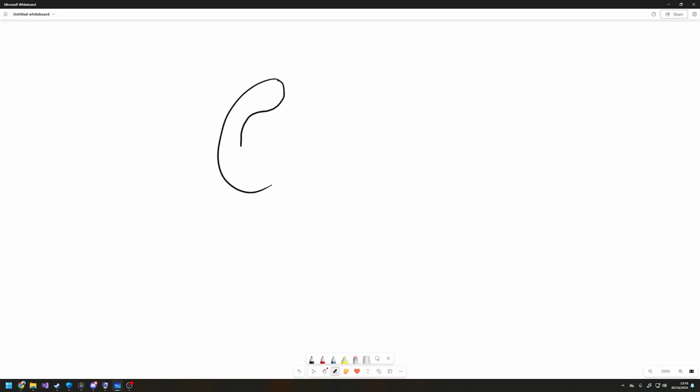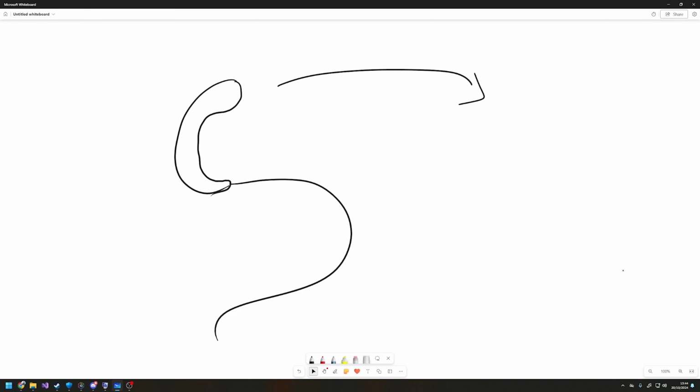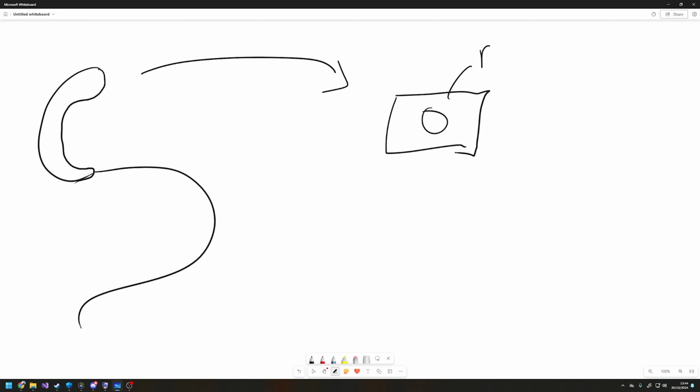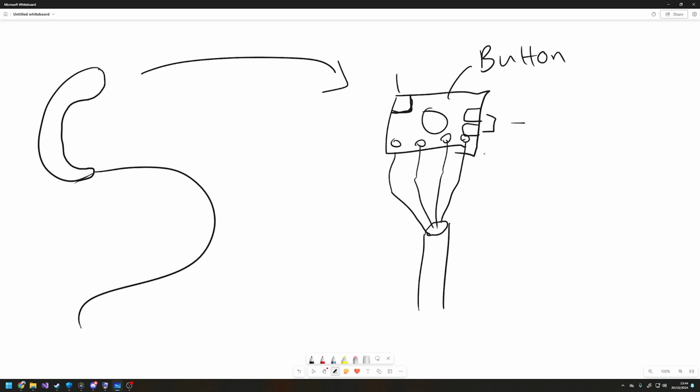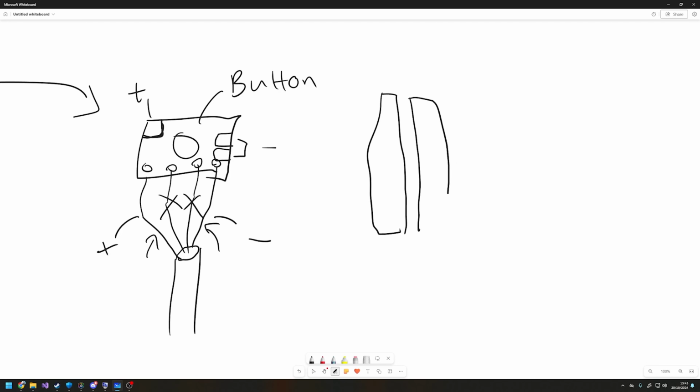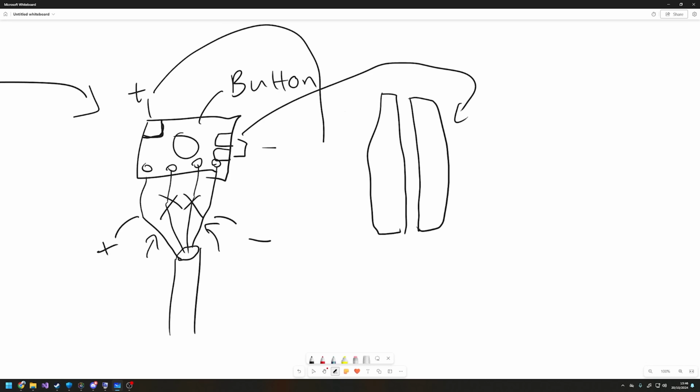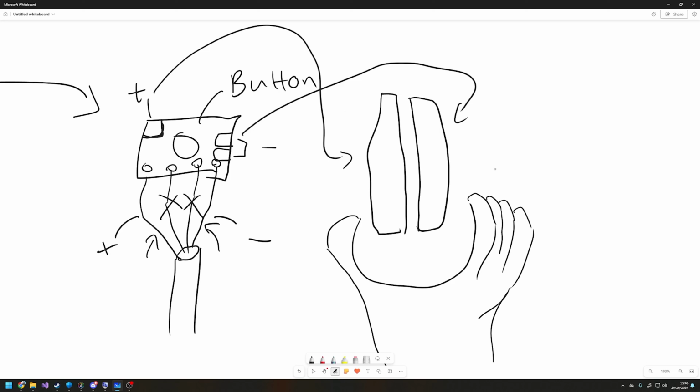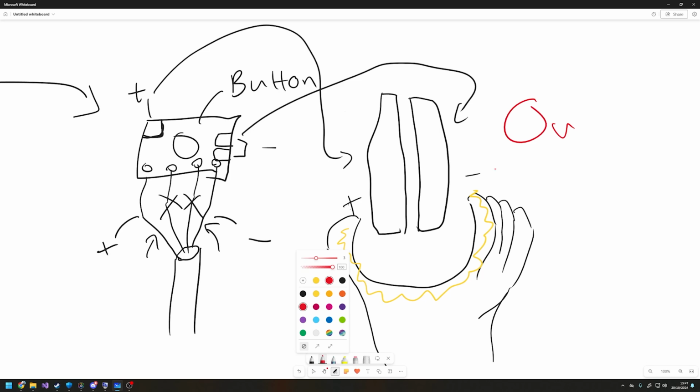and I found out that the handle essentially has a little circuit board in it, and this houses the button, but also has some other connections for the high voltage that gets sent through the handle. We don't need the wires for the button, but this handle is basically separated into two sections that are isolated from each other, one positive, one negative, so that when you grab onto it with your hand, it then sends that shock through the hand.